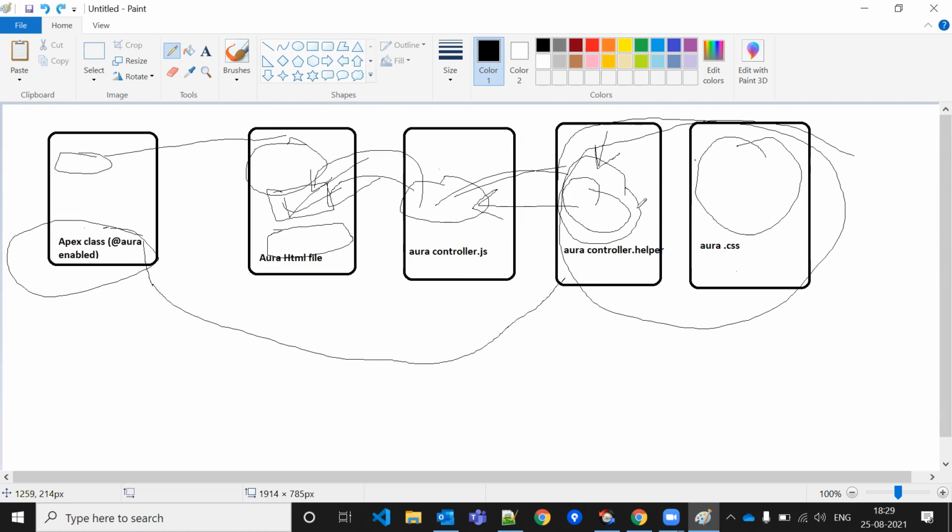Then why are we using them if they are optional? Because if I'm using a helper class, we call this helper in the controller JS. Suppose I have one more component here whose functionality is almost the same, and almost the same code. I can directly call this helper in the other component as well.